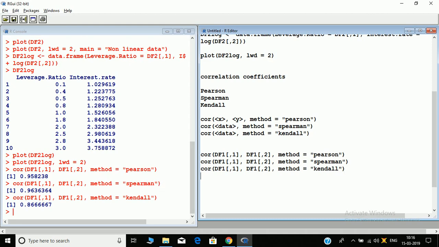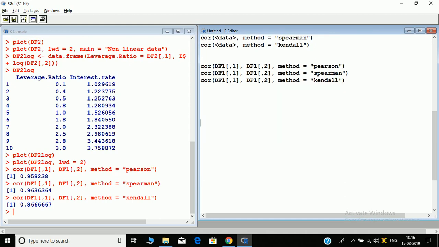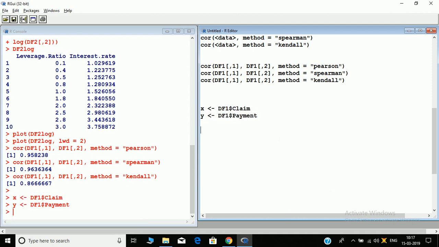Now let's do the Pearson method from scratch, if we had to use the formula which we have learned in theory. I am storing df1 claim in X, and df1 payment in Y, these two in two different arrays. Now we calculate SXX. What was SXX? It is the sum of (X minus X bar) whole square, so sum of (X minus mean of X) to the power 2.